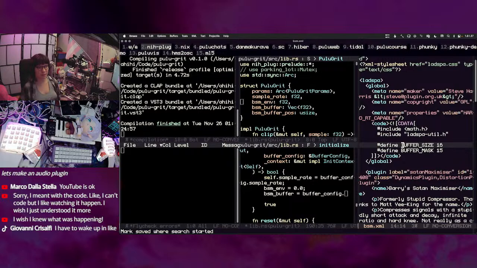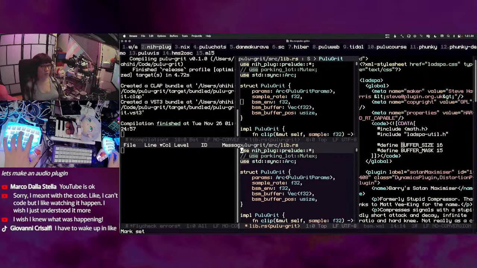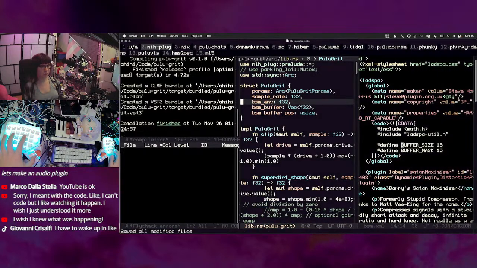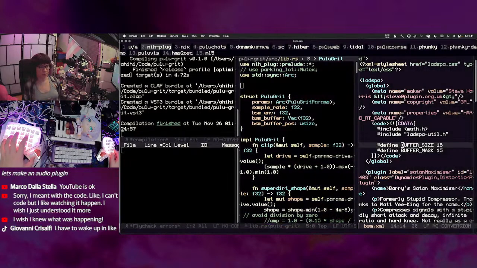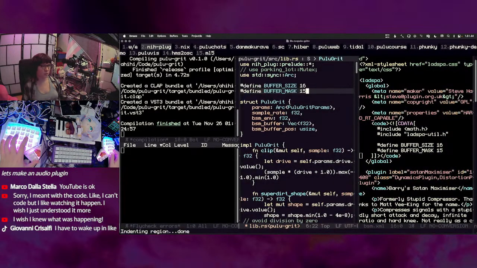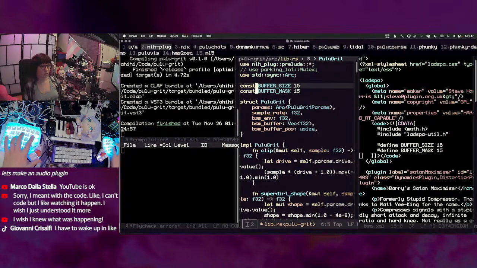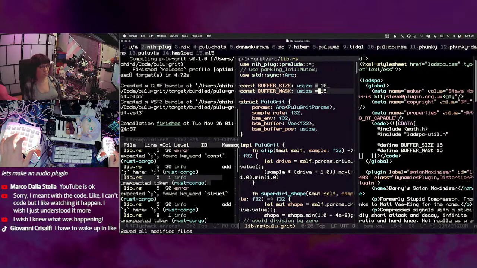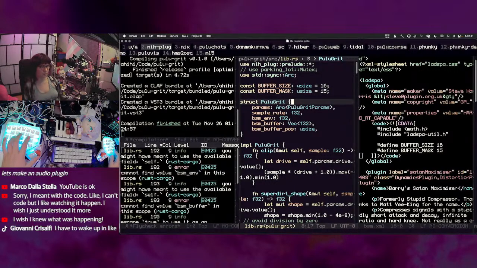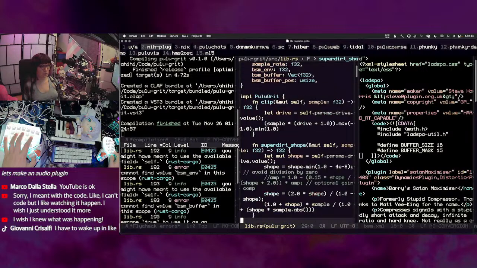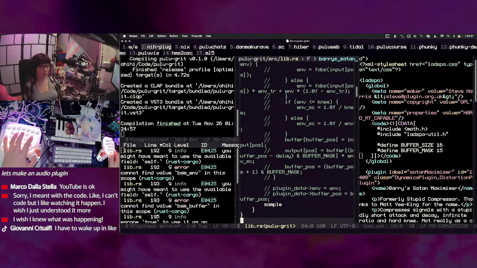Wait, but neither does the original C code. Okay, so actually we can just do buffer size 16 apparently. So let's grab these constants. Okay, that makes things easier,